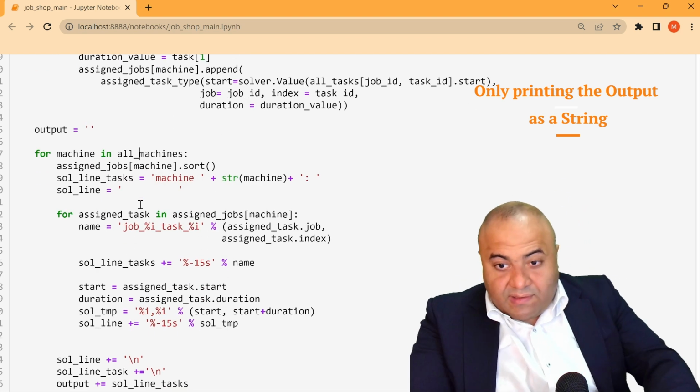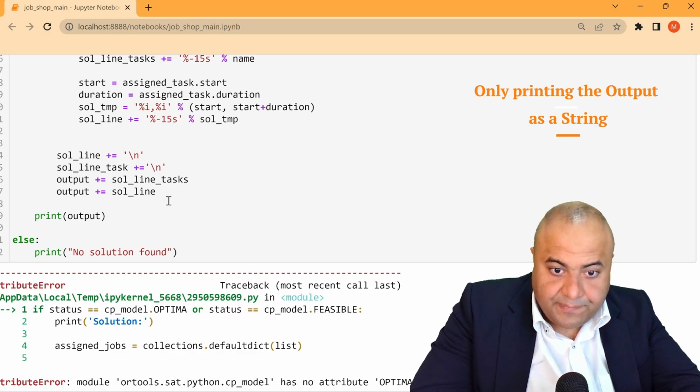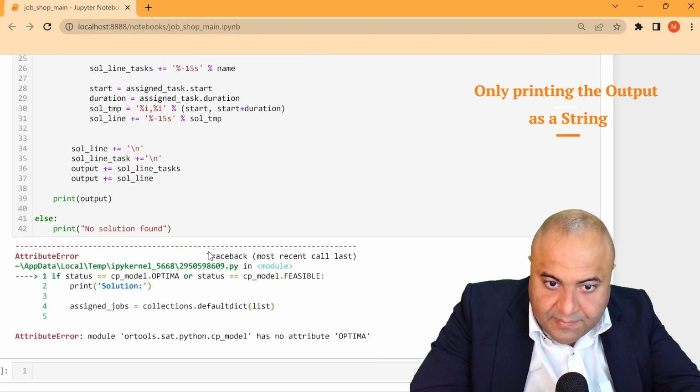So finally we will print our solution, and we can see here some